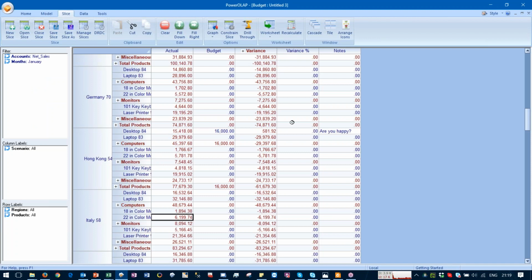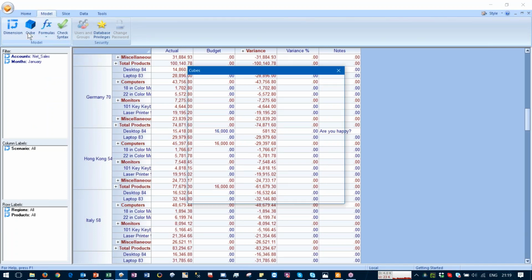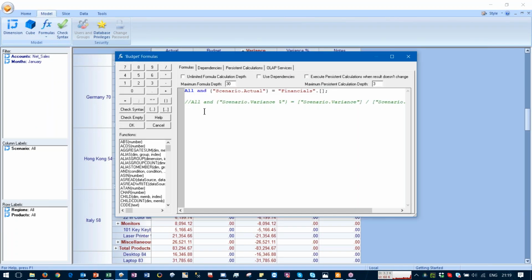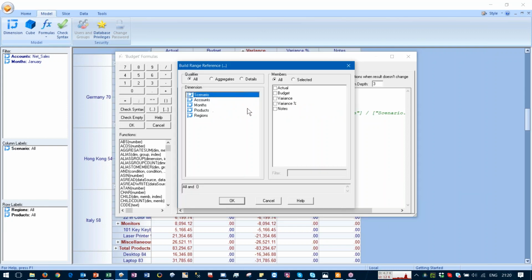Now, what about the variance? Let's calculate the variance. Let me take you into the cube area where we're going to write a formula. So we've already got one formula that pulls in the actuals from the financials cube into the actual member in the scenario dimension for the budget cube. So we're looking at the budget cube at the moment, and I'm going to write a formula for the variance percentage,